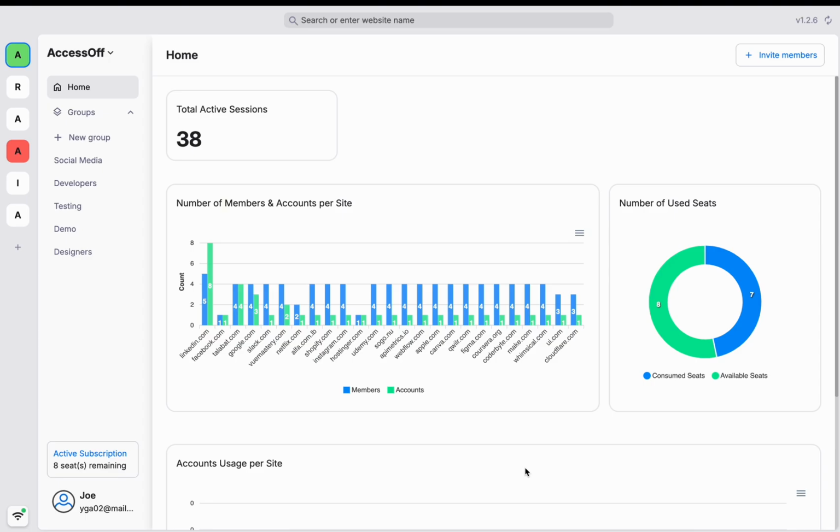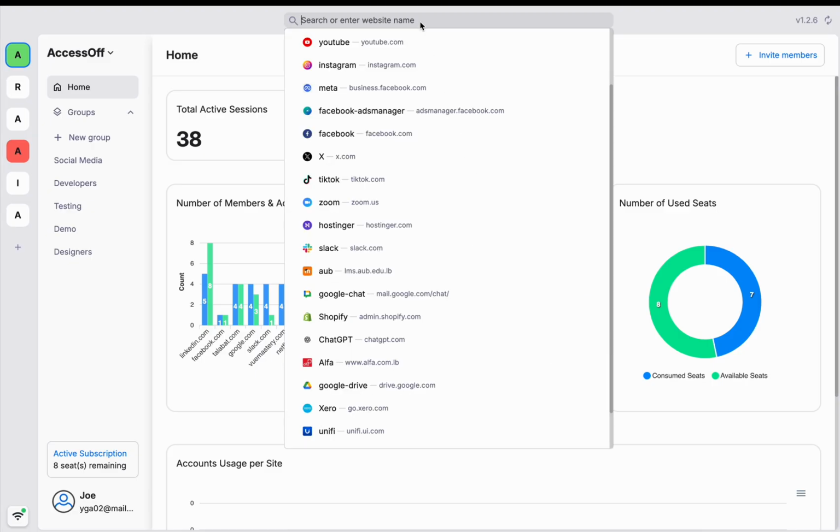So this video is for all e-commerce businesses, whoever has an e-commerce business or is opening an e-commerce business and wants to scale and delegate tasks to their team. But maybe people will ask us, AccessOff's main mission is to delegate tasks or to share access without sharing passwords,